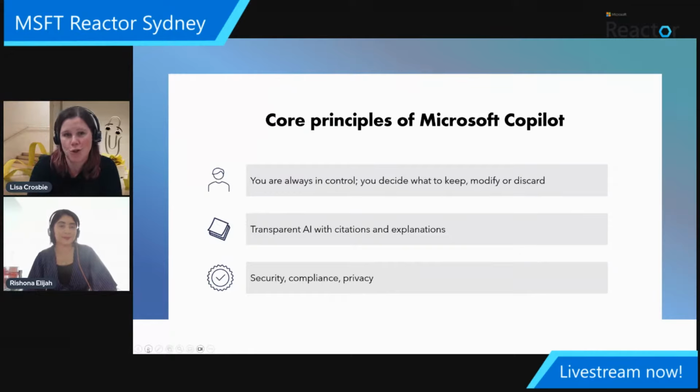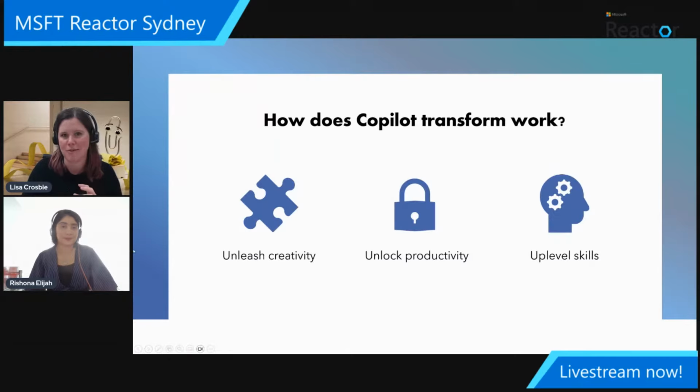So as you use these tools that we're showing, you'll notice that every single time there is a button that says copy, edit, use, those kinds of things. So if you ask it to generate an email for you, it doesn't generate and send the email. It generates the draft for you, and then you're in charge of saying, yep, I'm going to copy that content and edit it, or no thanks, Copilot, that's not really serving me very well.